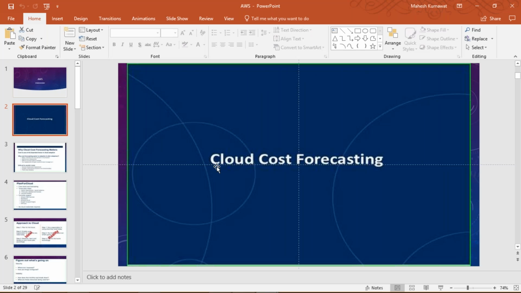This is cloud forecasting. Guys, because you have already done the three classes with me, I always tell you that it is very easy to work on the cloud, because you have created a number of features. It's not a big deal, because it will take only 2 or 3 minutes to create any kind of instances, VPC networking, RDS or Lambda, all sorts of stuff. But the matter of fact is that you have to understand the logic behind it, why we are going to create it, and what the impact on the cloud is,